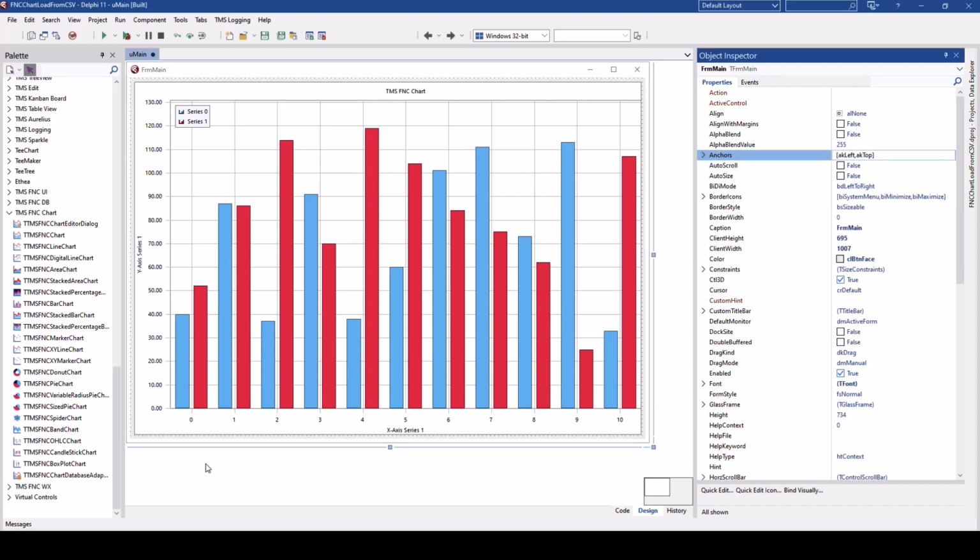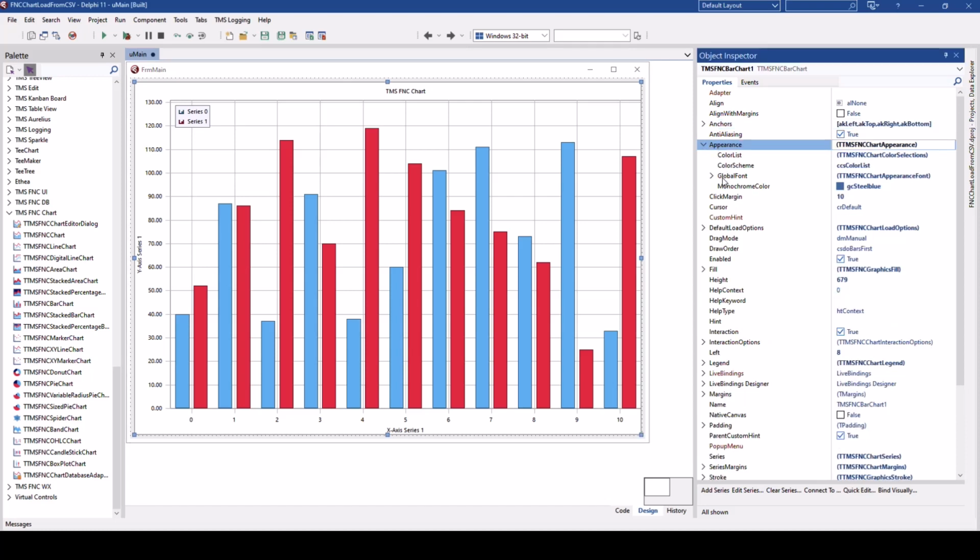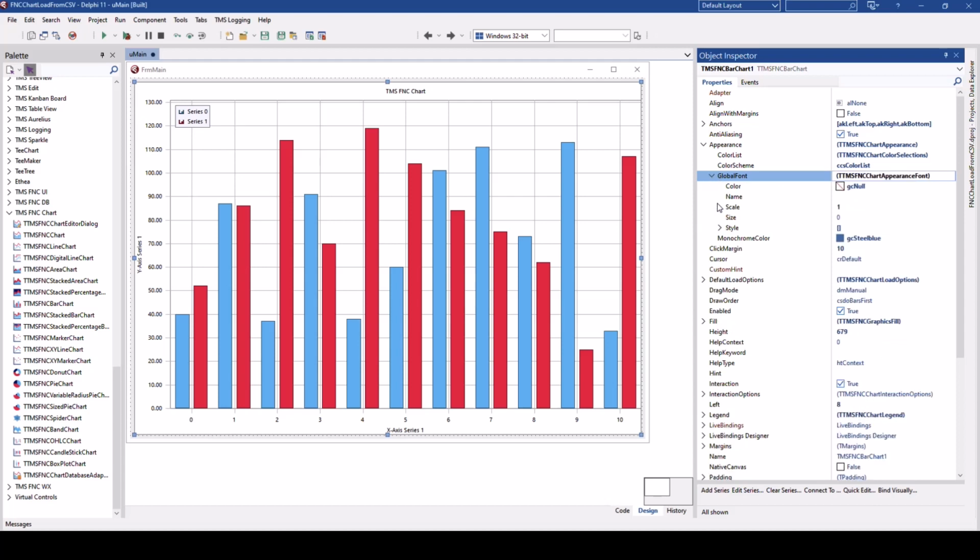The default fonts don't suit my needs. I need a different font. So before, I had to change all the different fonts: title font, axis font, label font. Now, with FNC Chart 2.0, we can simply click the appearance property, go to global font, and set the name, for example, JetBrains Mono is the font that I like.